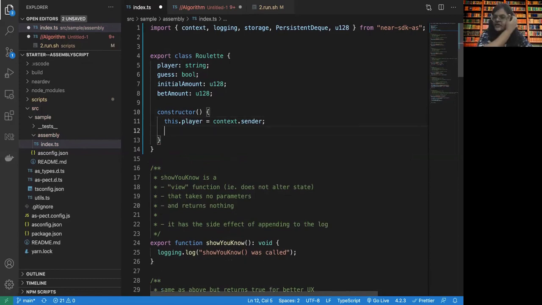So whenever a new game is created, whoever is calling the new game will become the player. And then this dot guess, let's just leave it at false now.